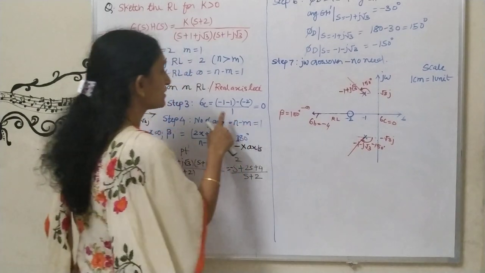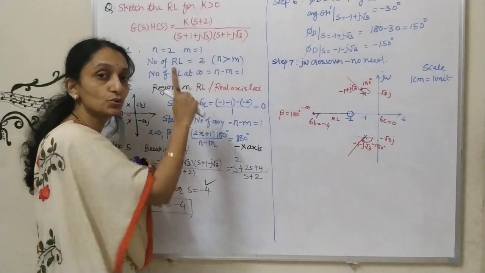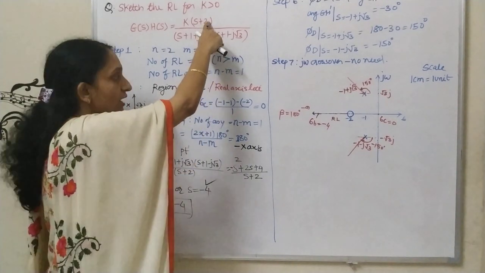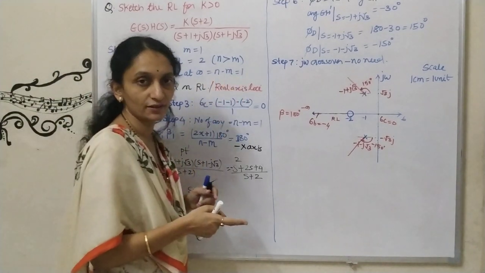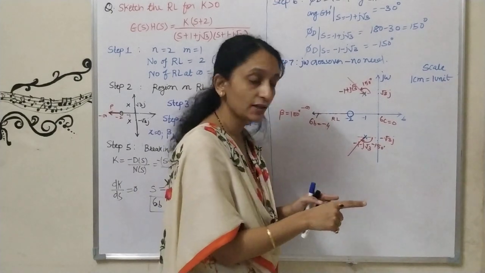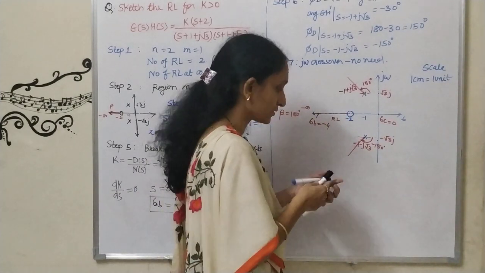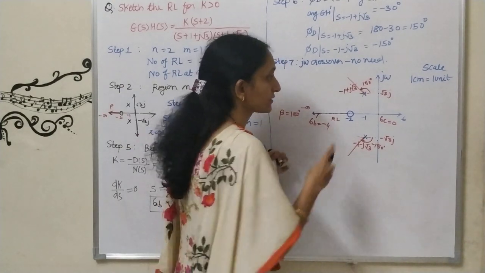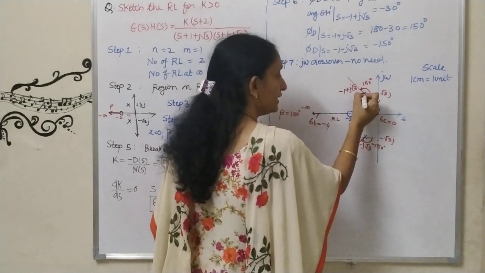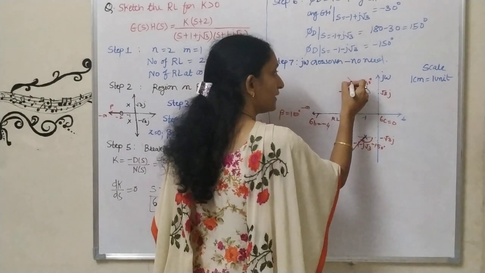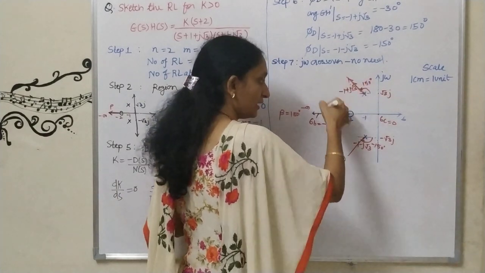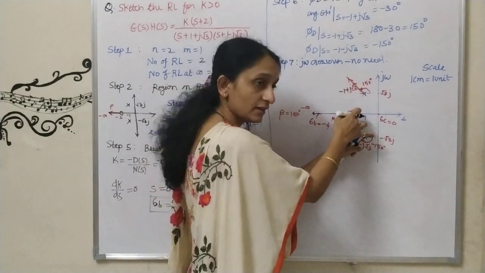See, total number of root locus is equal to 2. And out of 2 root locus, one root locus is terminating at 0 and the second root locus is terminating at infinity. Okay. So how I will draw, look at this. As I told you that break-in point is required. Now you will understand from drawing this root locus. Okay. So I will start with this pole. Look at this. First of all, this is a point I am starting root locus from this pole. So initially it will continue with the phi d line. I am showing the arrow like this. Okay. Now see, as it has to end at 0.